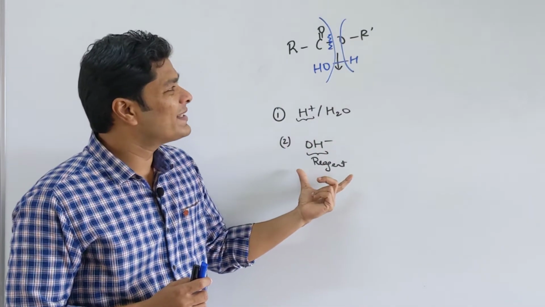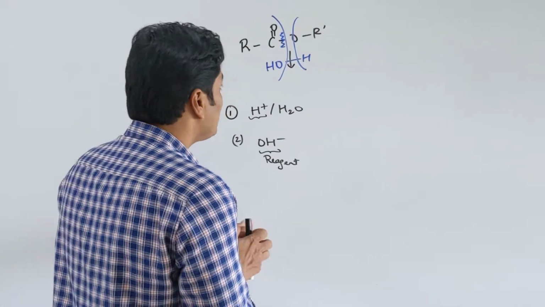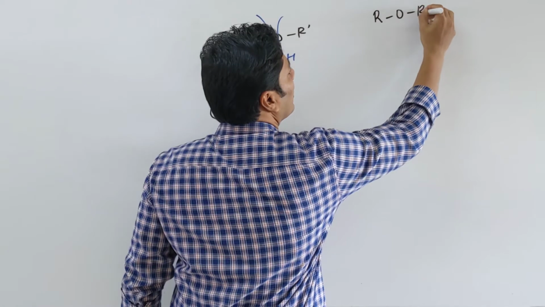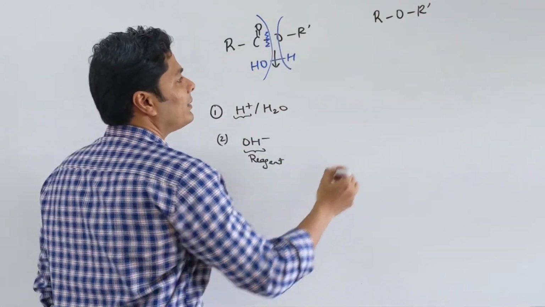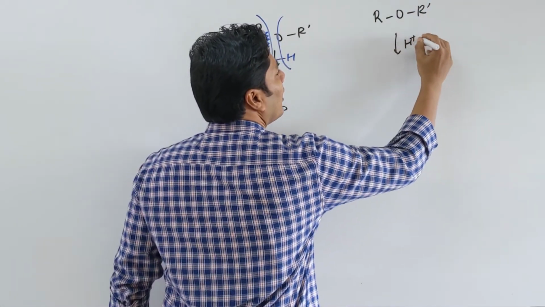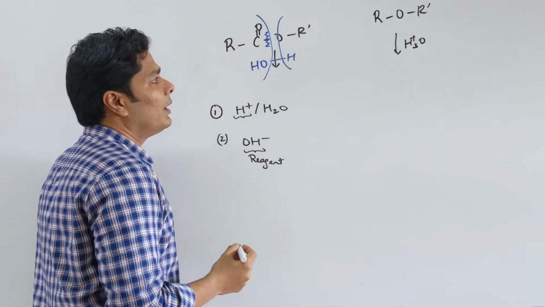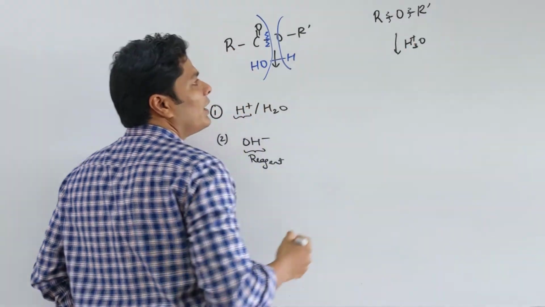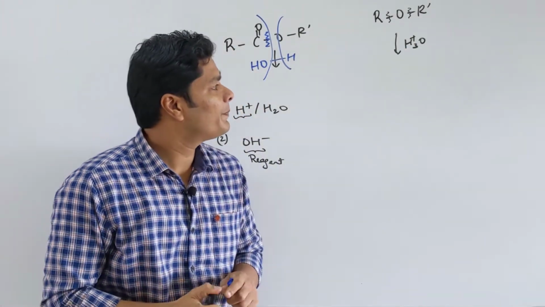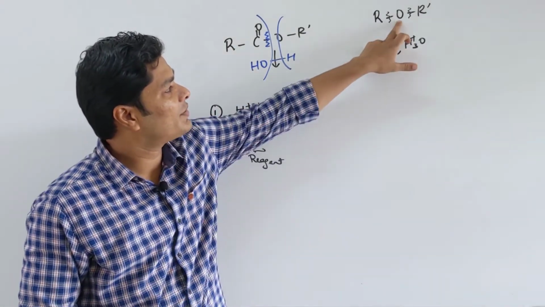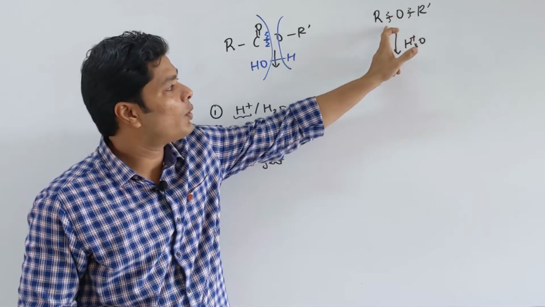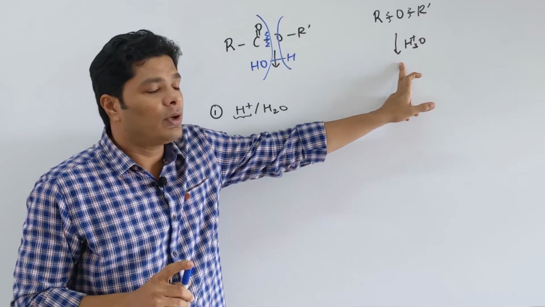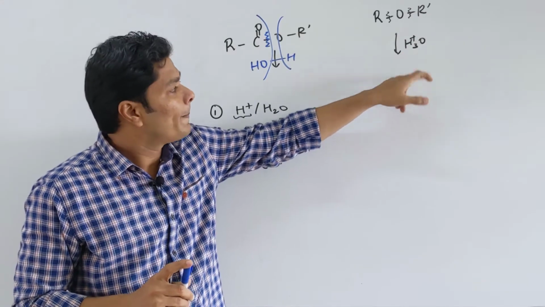Now if you can do it, we can do something similar. We can also hydrolyze ethers, ROR prime. Now we can hydrolyze the ether using an acid. Now here either this bond is broken or this bond is broken depending on the leaving group. Your first step is the H plus goes and attaches here, so this becomes OH plus, and then one of the bonds is broken. Luckily for you guys, this is not required for NEET or JEE Mains in detail, but you can remember the final product.